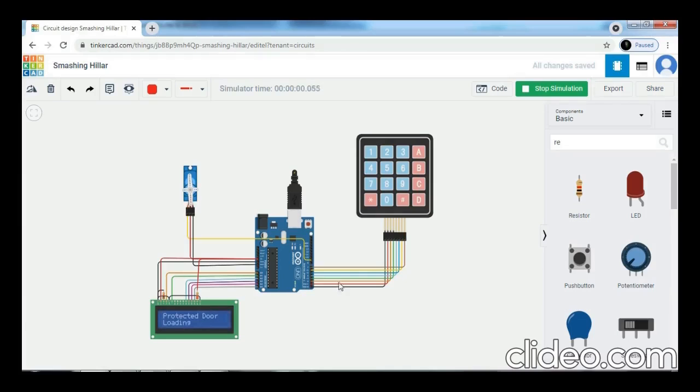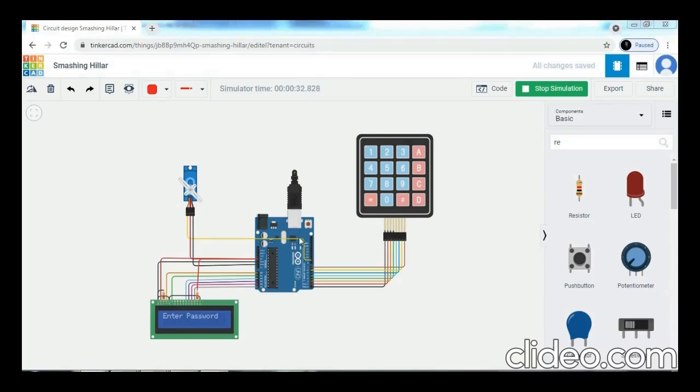Now, as per the coding, the display shows protected door loading. Now here, after loading, the display shows enter password.